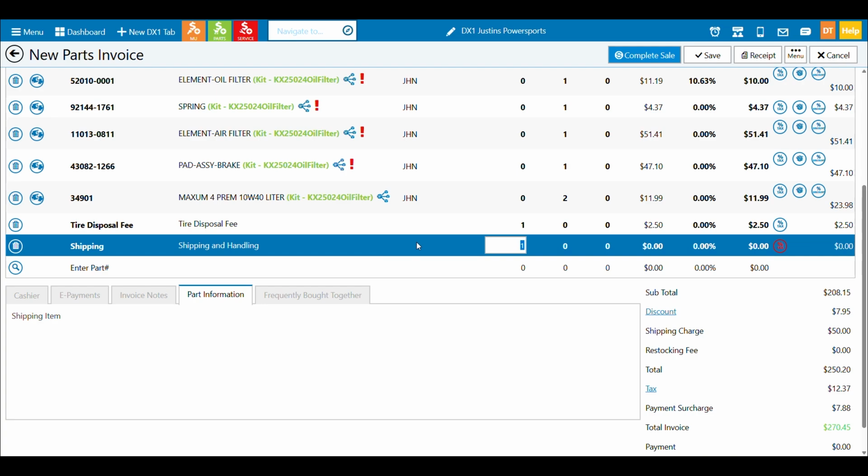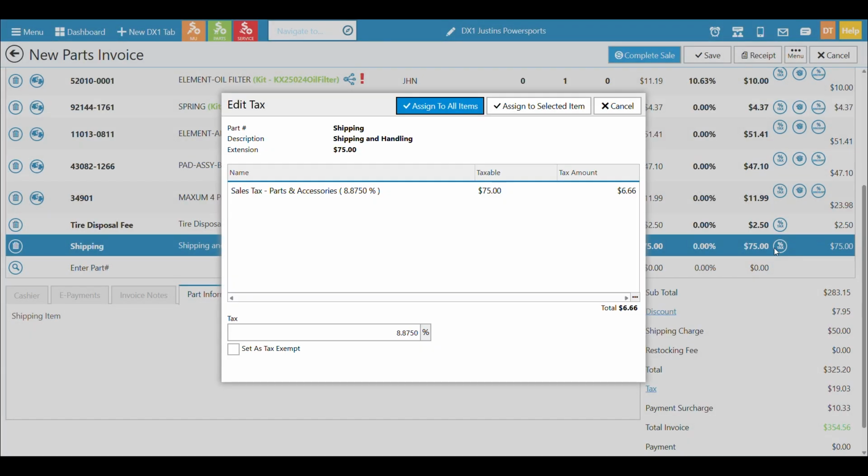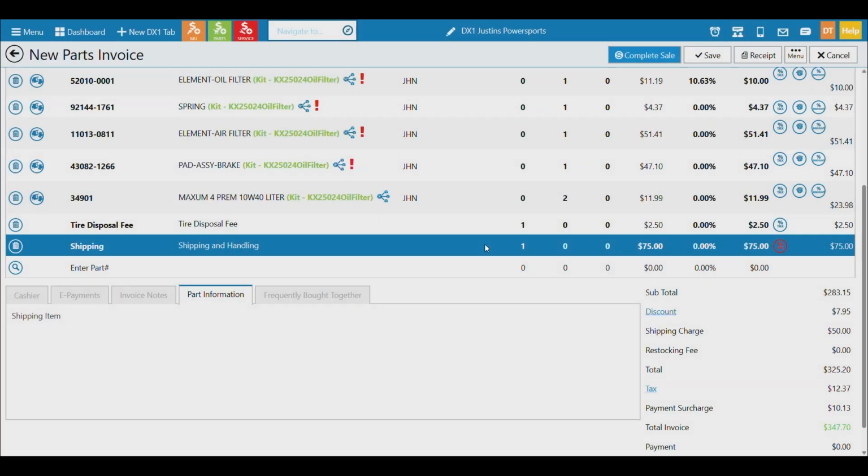You notice there's no vendor. Then I can say how much I'm going to charge them. So I can come over here and say, yeah, it's $50 to get it to you, and it's another $75 to next day air it to you. And then that line will come off on the invoice. It's added in. Again, you can decide whether it should be taxed or not. You can set that. Let's say we want to assign to select item.